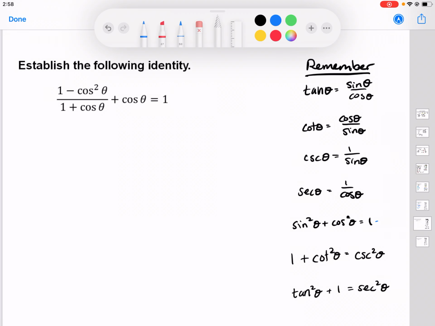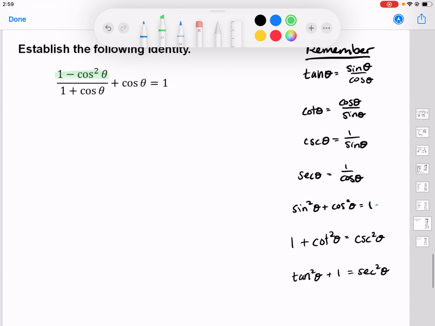So that same trick I used on the previous problem, we can actually use right away on this problem. That trick being factoring difference of perfect squares. Because these look so similar, but one's squared on top, that's why I know I can factor and it probably will work out. So this is difference of perfect squares, so we got 1 plus cosine of theta and then